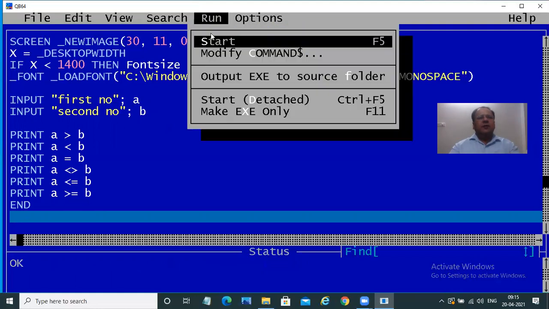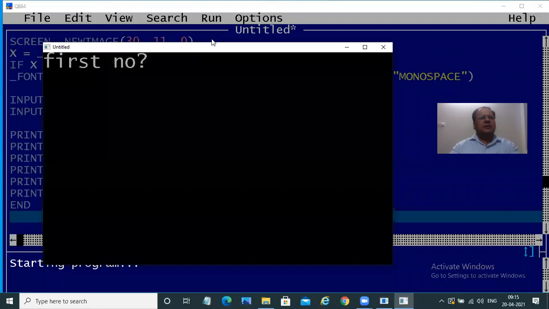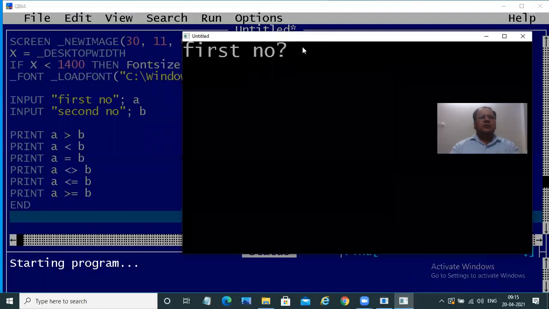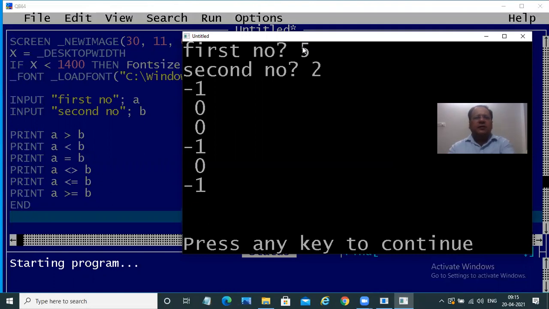So we'll run this program and enter any two values and just pay attention to what values will be displayed. So I'll show it to you here. Just two simple values, 5 and second number is 2. And I press enter key. Now what I was trying to tell you is this. First number 5, second number is 2.